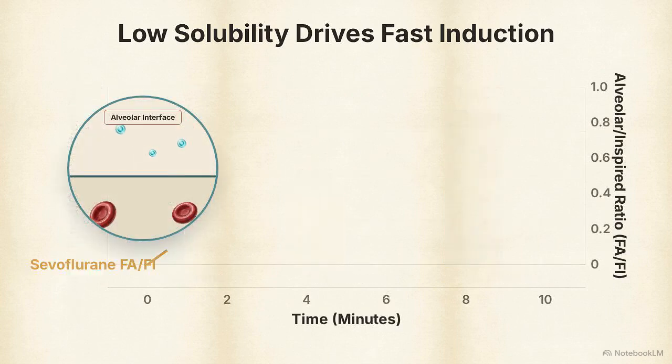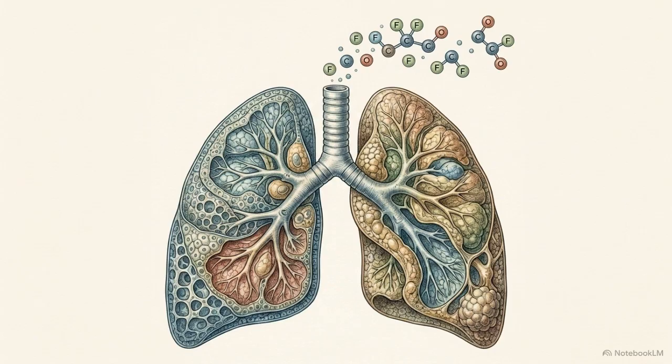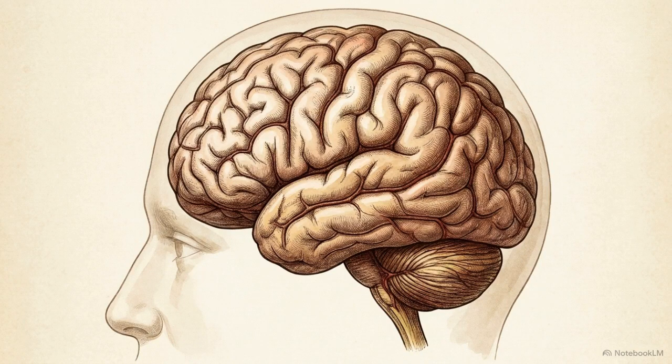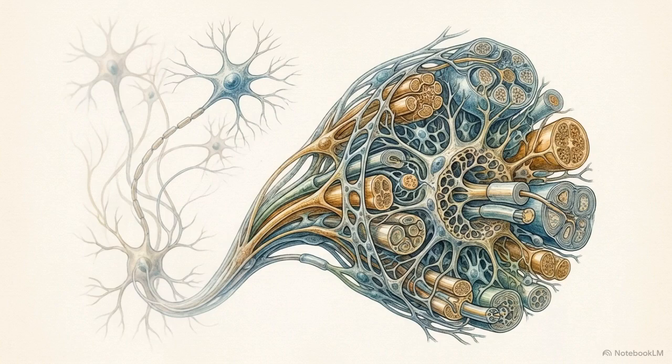The blood resists absorbing the gas, so alveolar concentration rapidly equilibrates with inspired concentration, creating a steep FA over FI curve. As this spikes, it crosses the threshold for loss of consciousness, producing an exceptionally fast induction. That same low solubility also works in reverse. It drives a much more rapid washout and emergence at the end of a case, compared to a highly soluble agent like isoflurane. Pharmacodynamically, crossing this threshold results in a predictable state: reversible loss of consciousness, profound amnesia, analgesia, and